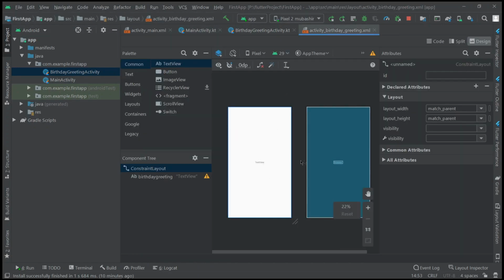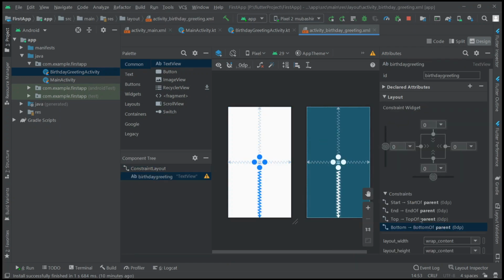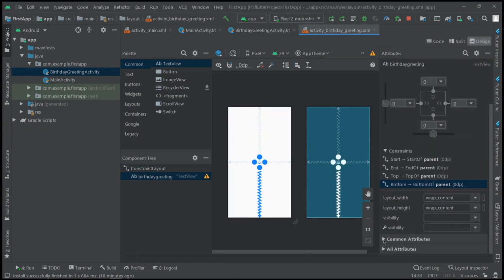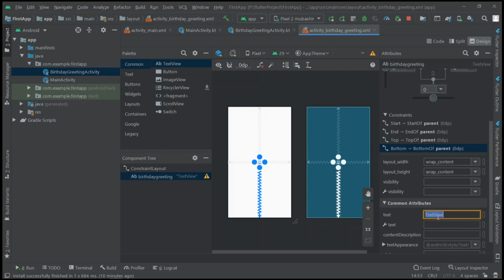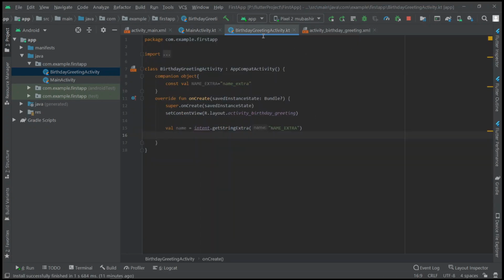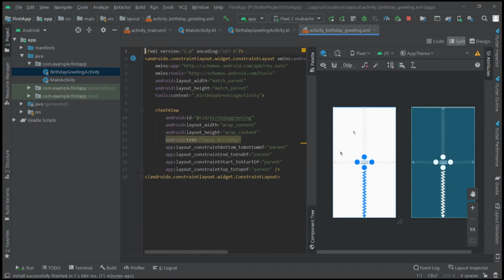Okay, in the birthday greeting, let us change this text here. Let us give this Happy Birthday. Now let us edit this here using split. In the birthday card activity, we need to give the context, right?